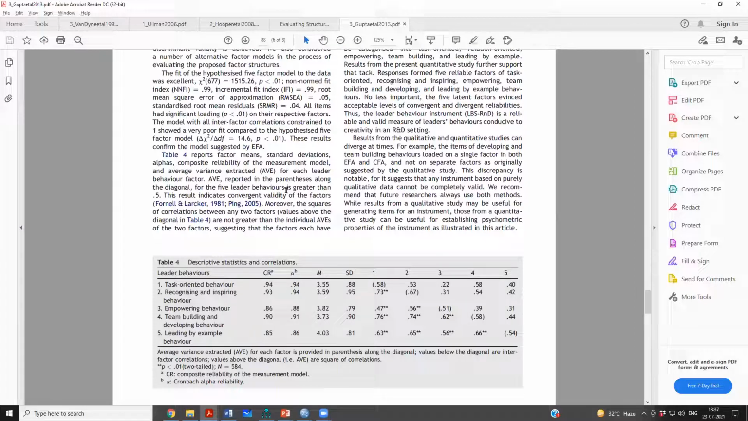Sir, in every paper, we need to mention descriptive statistics. Yes, always. And correlations too. Yes, always. You should report it in every